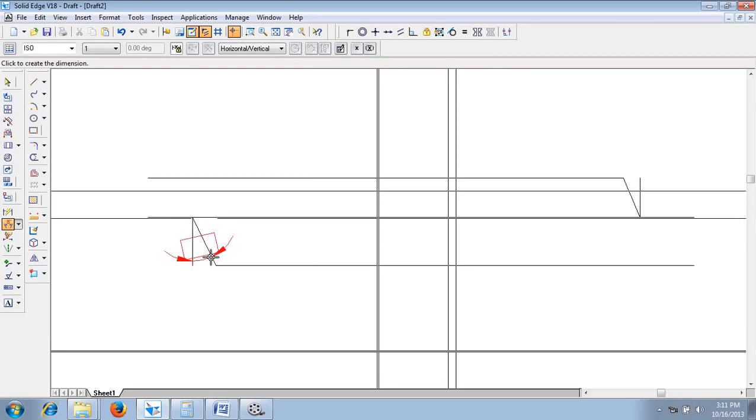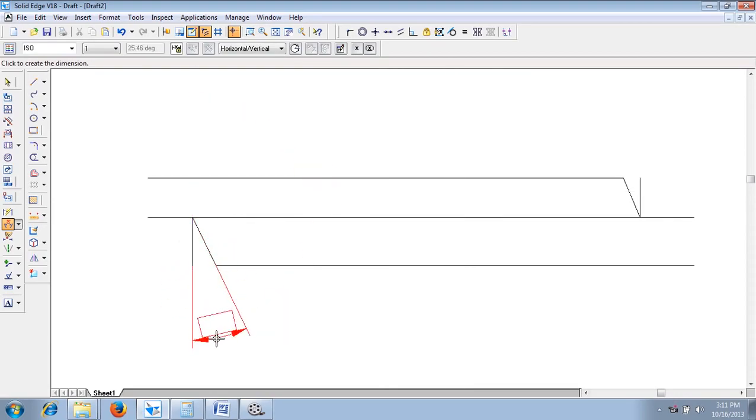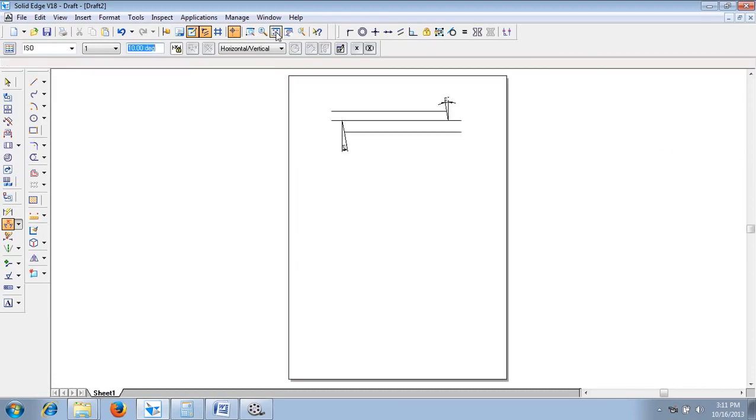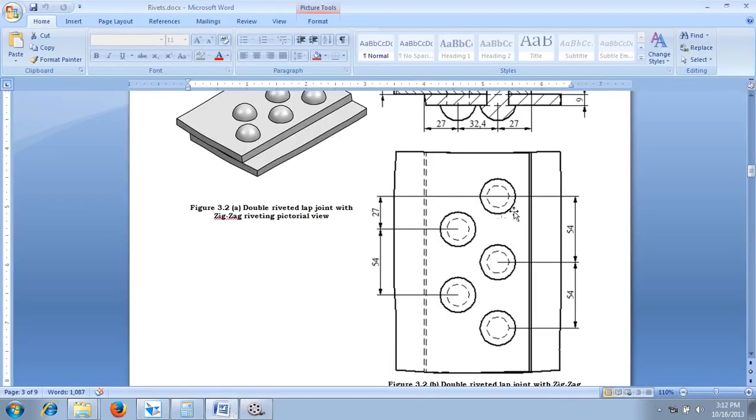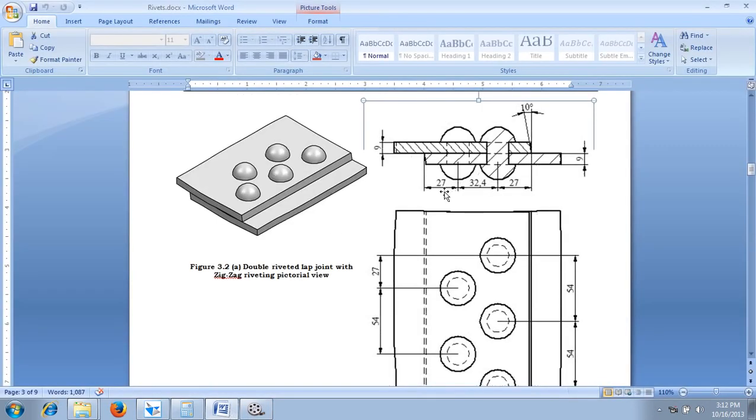The angle between these two lines is supposed to be 10 degrees. In the same fashion, the angle between these two lines is 10 degrees. After giving these two necessary angles, what is the next step? Here you can see the distance 27 plus 32.4 plus 27, that is the distance between this point and